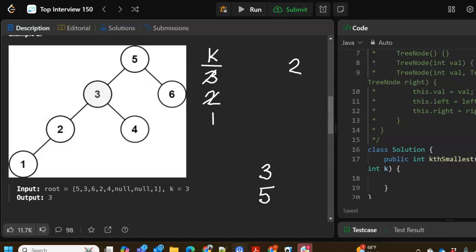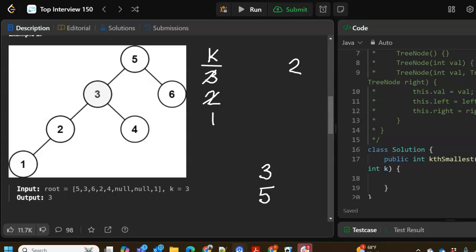We ask ourselves, is this 0? And it isn't. Now we look for the right subtree of 2, and there isn't anything. All right, so we go back up to the top of the loop again